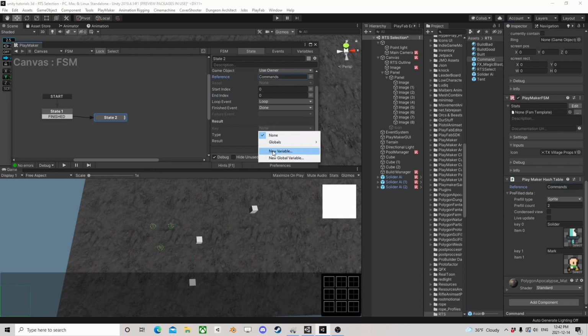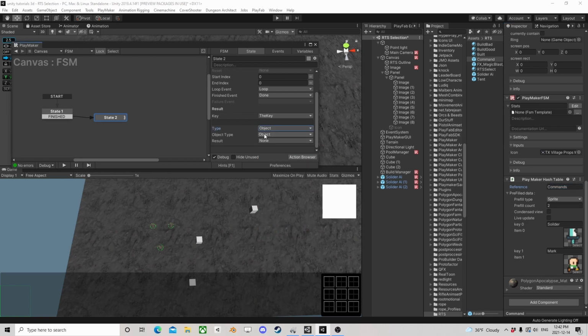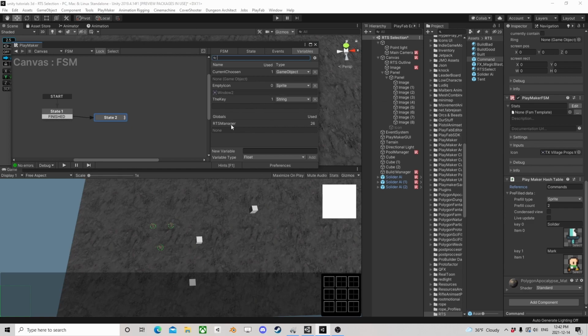And we have the key. We'll just call it, I hit caps lock during that, the key. And we have type object, which is a, oh, let's go over here. Let's make a sprite. It's a really fast way to make this stuff when you want to go through